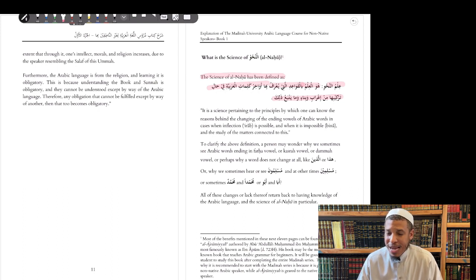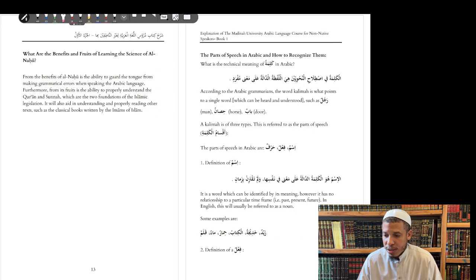What are the reasons behind these changes? All of these changes, or the lack thereof, return back to having knowledge of the Arabic language and the science of an-Nahw in particular. What are the benefits and fruits of learning the sciences of an-Nahw? From the benefits of an-Nahw is the ability to guard the tongue from making grammatical errors when speaking the Arabic language. And furthermore, the fruits